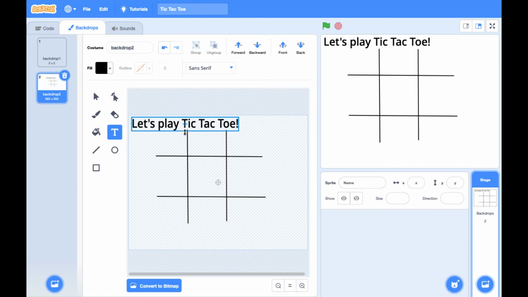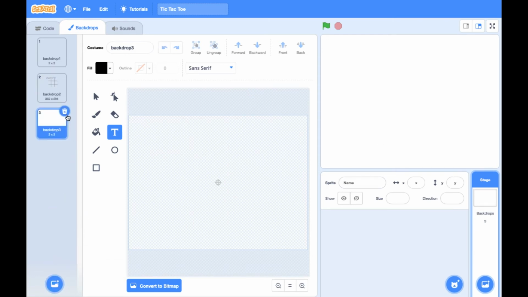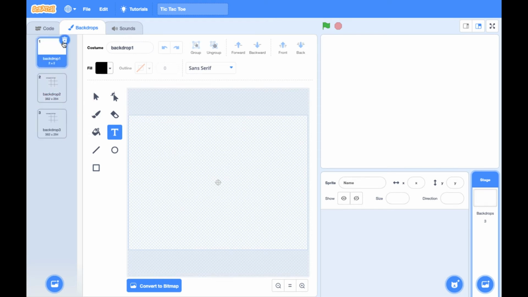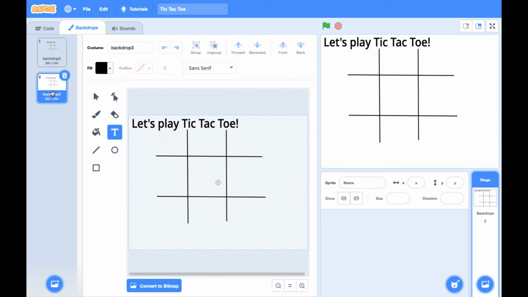You can make the size as big as you want. So the next thing is to add one more backdrop, but instead of doing that, what you can do is duplicate one and delete the first one now. So when you have duplicated this, you don't need to draw it again and again. So you will just need to erase this. If you want to keep it, there is no problem, but if you don't, you can remove it if you don't have enough space. But I have the space below, so I'll be using it here.